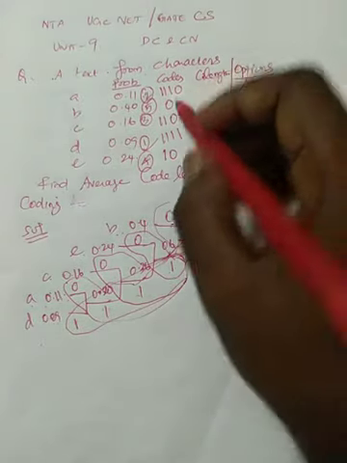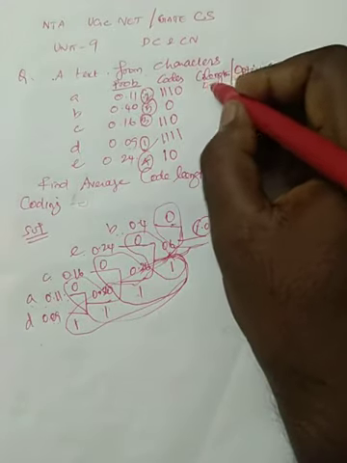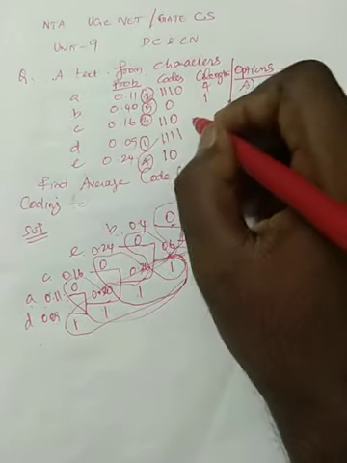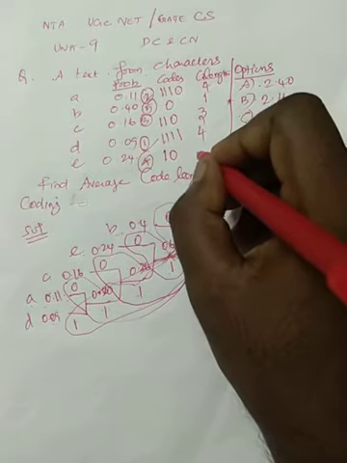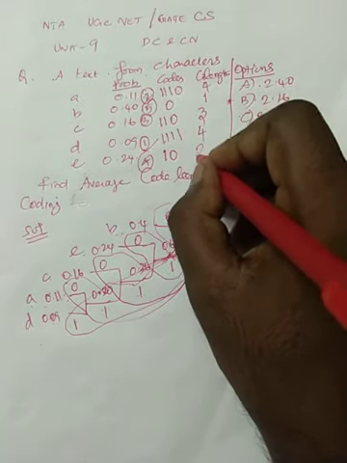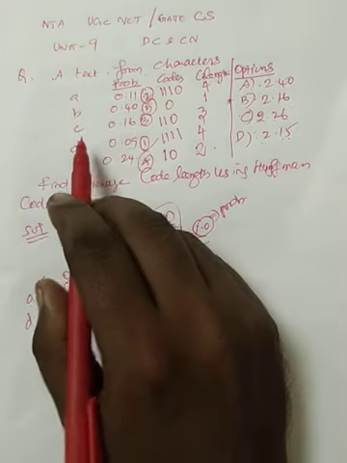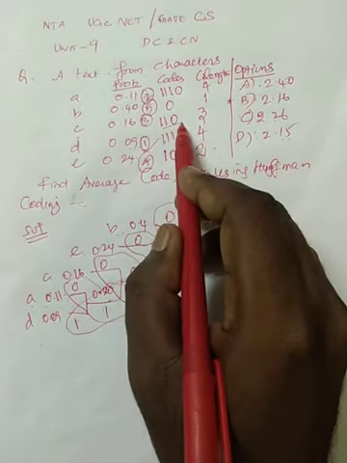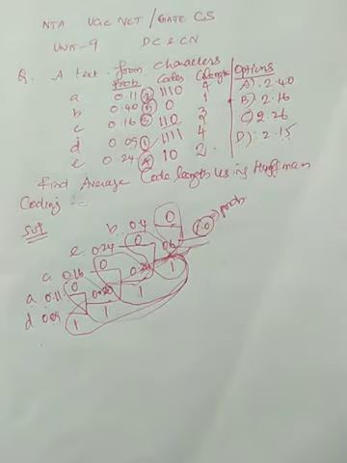So what are the respective code lengths here? For A it is 4, for B it is 1, for C it is 3, for D it is 4, and for E it is 2. If they ask what code we send for C, the code is 110 and the corresponding length is 3. Like that you want to do it.